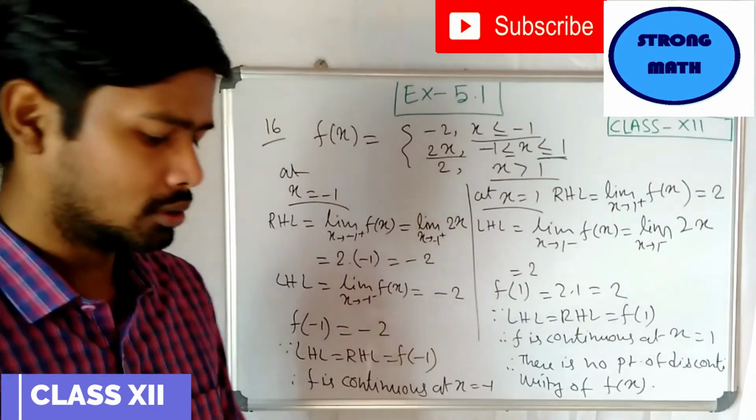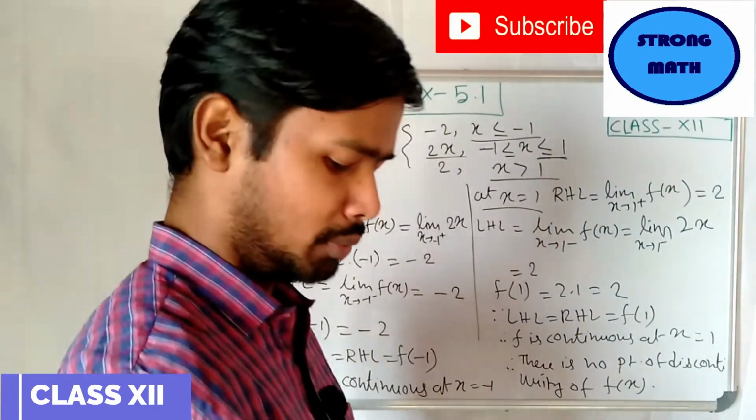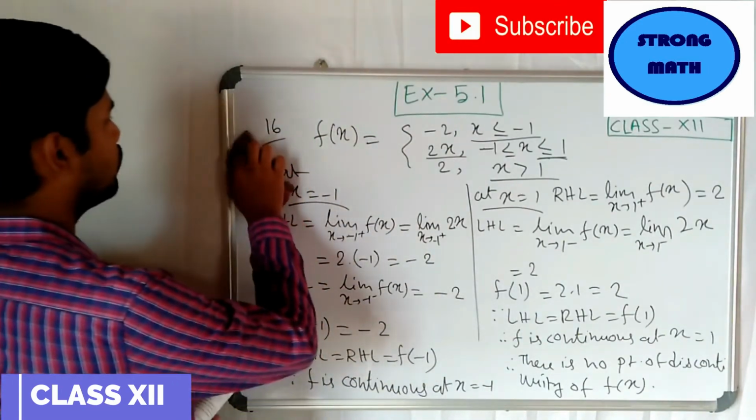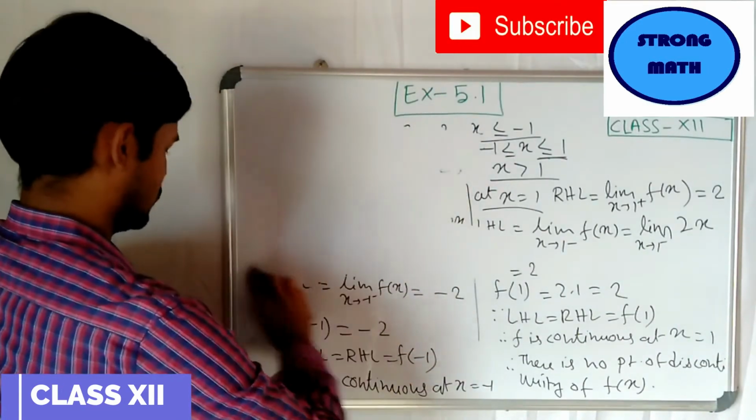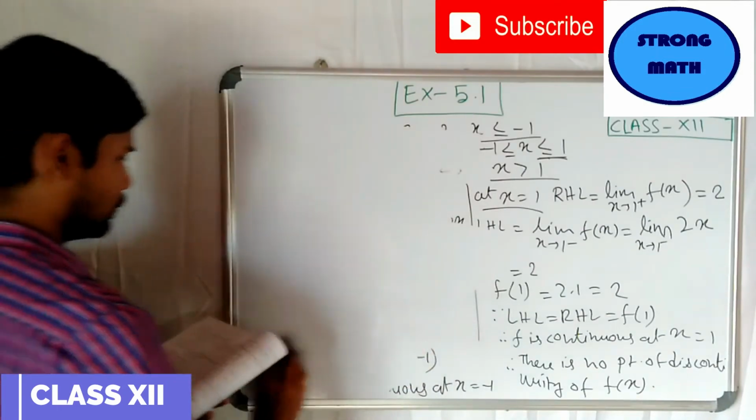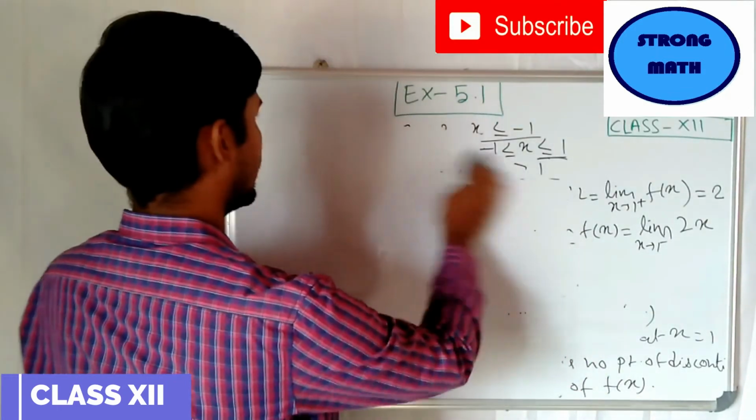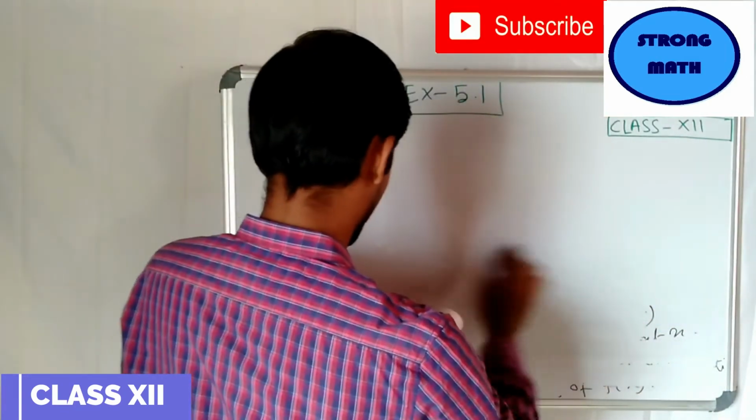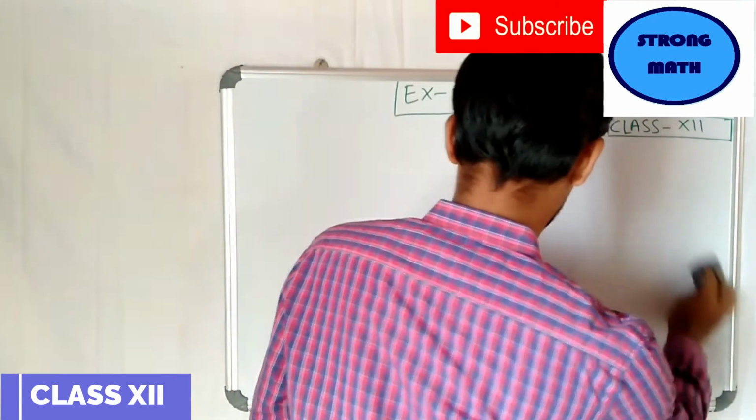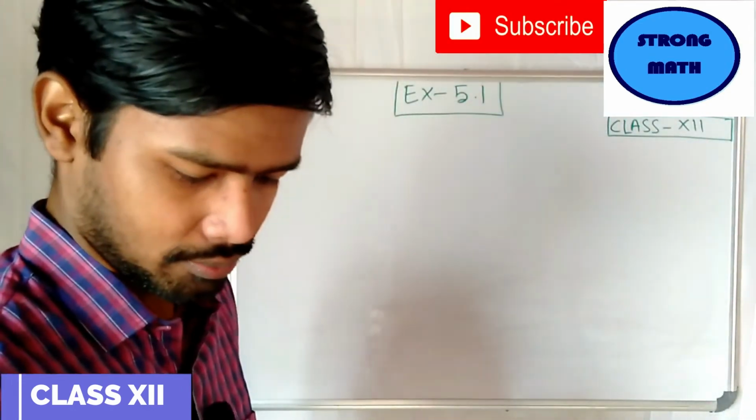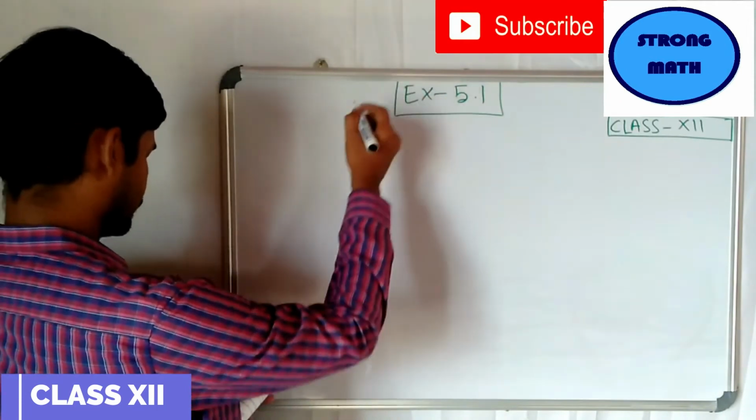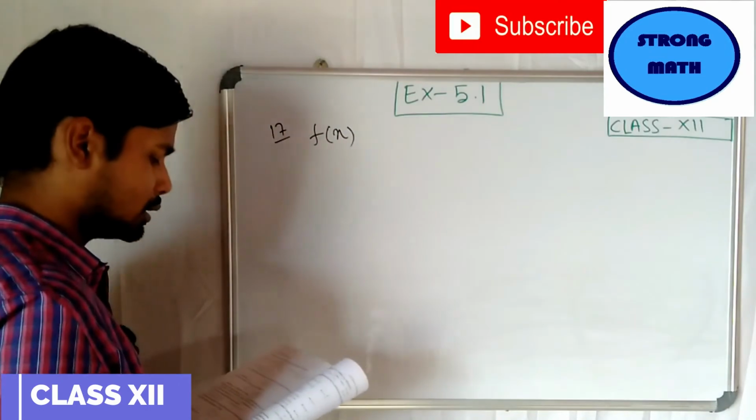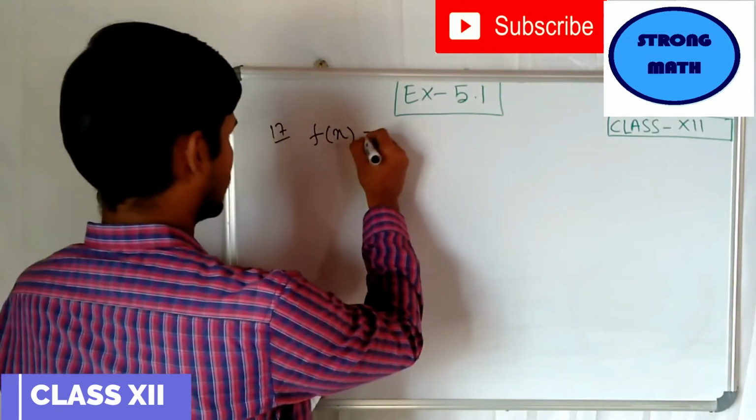Let's start problem number 17. This is a very important problem. At first, read the problem. Find the relationship between a and b. Show that the function f defined by f(x) equals ax plus 1. Question number 17: we have to find the relationship between a and b such that the function given by